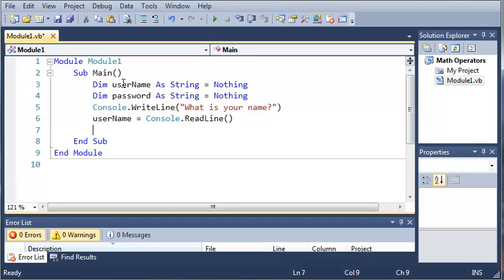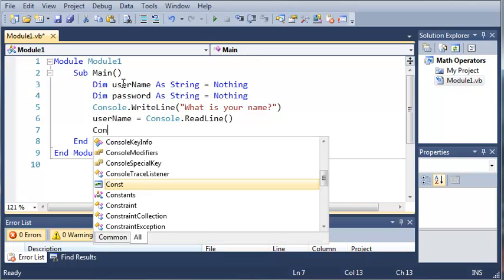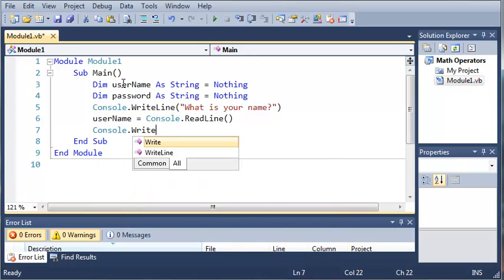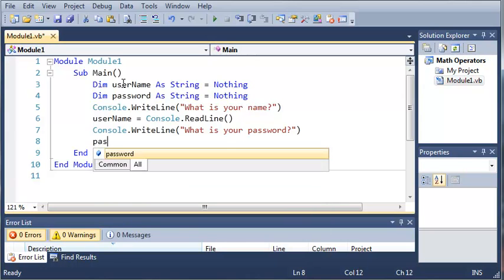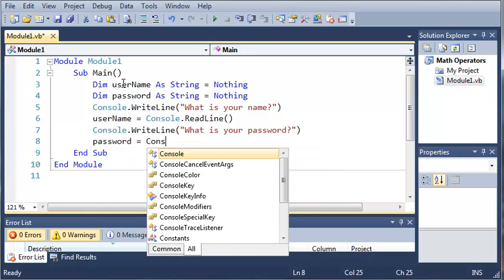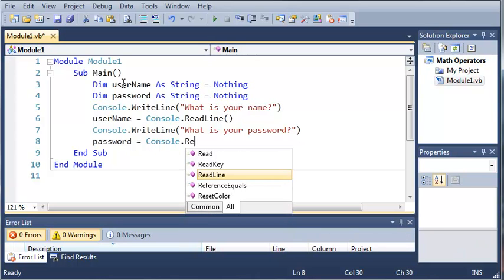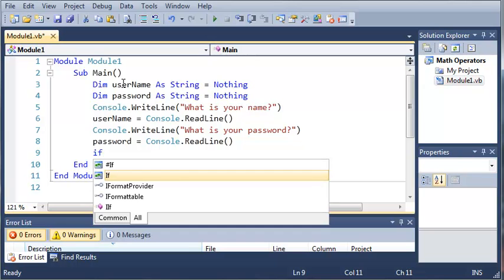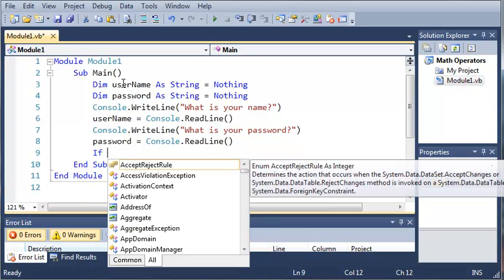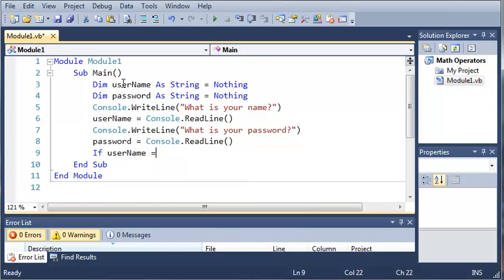Now we're going to ask them for their password. So we'll do console.writeLine, what is your password? And we'll do password equals console.readLine. Now that we've prompted the user to enter their name and password, and we've stored both in variables, we want to test those to see if we're going to let the user in. We're going to start by creating an if statement: if username equals Sam,